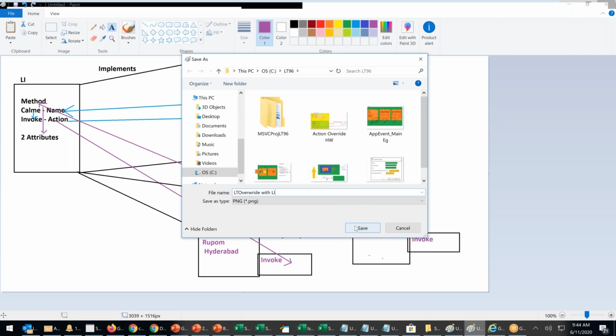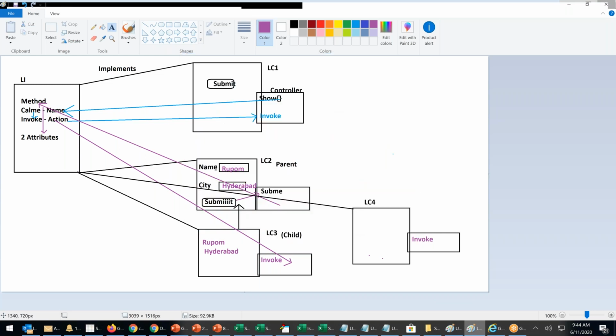right? Suppose now how many places the input is? Only one. Suppose I do an input in LC4 also, in the input box. Suppose there I have age and salary. Tell me now how the system will understand from where the input is coming. That is the reason we need the ID. Aura ID X will represent LC2, Aura ID Y will represent LC4. The data is coming from these two locations.